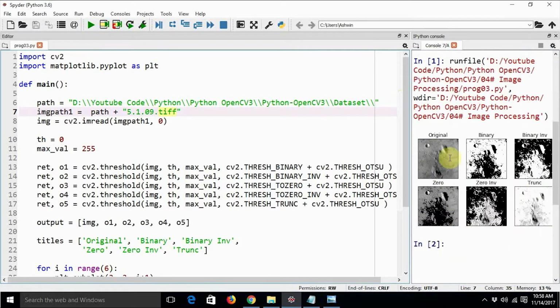So this is the original image, and these are all the binary images, right? The original image has various shades of gray, which happen to be nothing but the various lighting conditions. Basically, this is an image of lunar craters, which must have been taken by one of the lunar observers or one of the Apollo modules while descending. Now